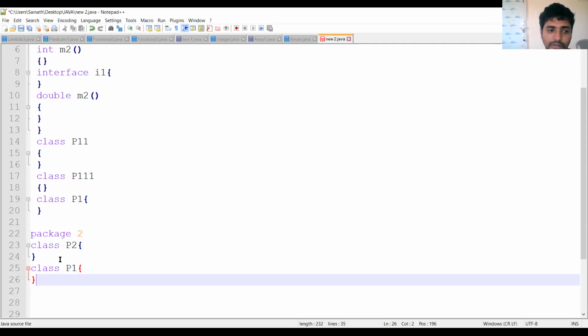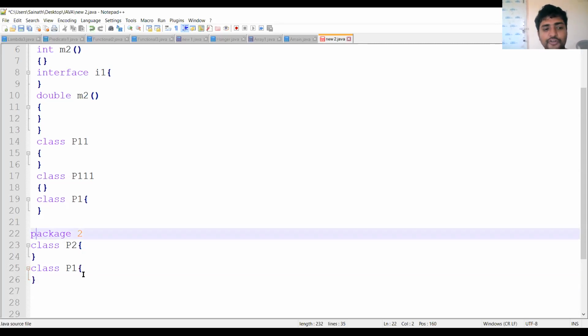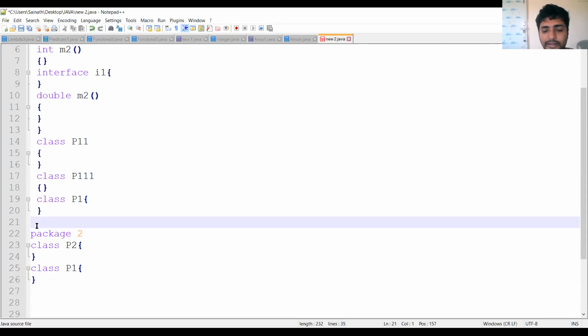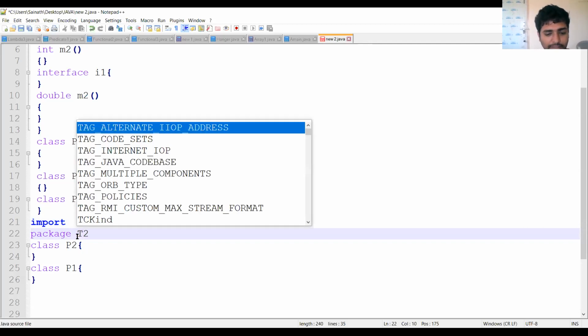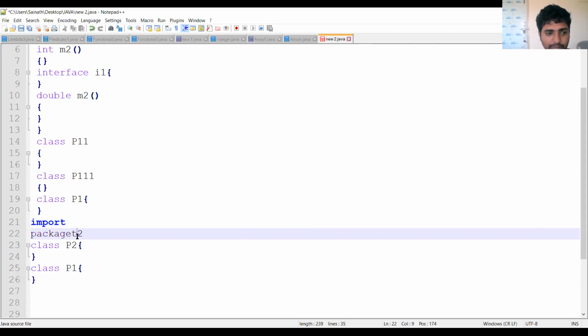Why? Because all these packages or classes can have some namespace. So how do you import this class? Suppose you want to import the class P1 into your program, how can you perform that? It can be done by using the import keyword. Import, then the package name.